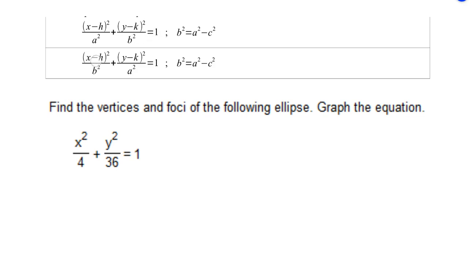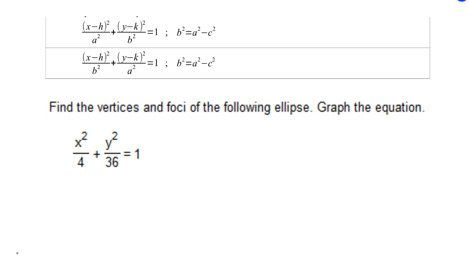And the other one is (x minus h) squared over b squared plus (y minus k) squared over a squared equals 1. So a is the distance between the center and the vertex along the major axis. b is the distance between the center and the vertex but along the minor axis. And the major axis is our longer axis, so a is going to be larger than b. And then we have a value of c over here, and c is the distance between the center and the